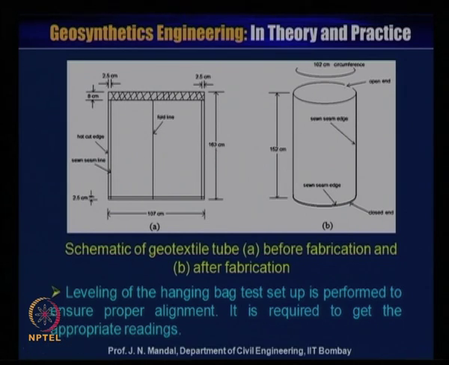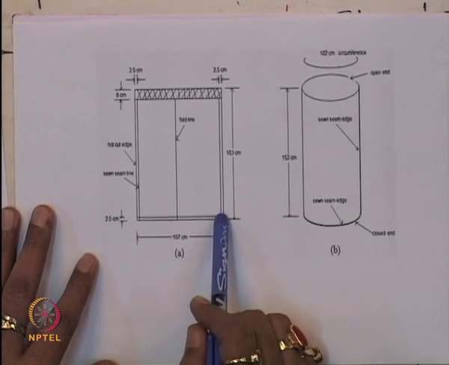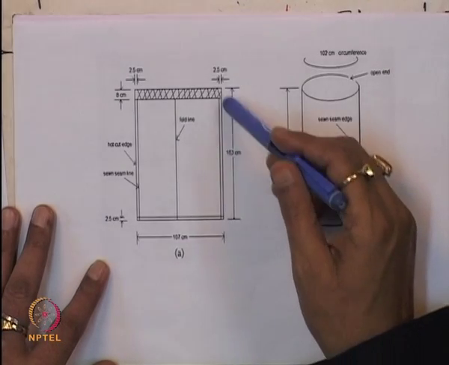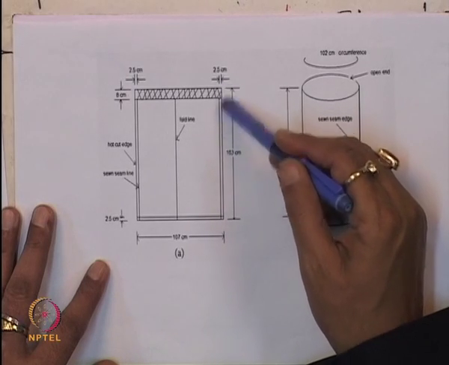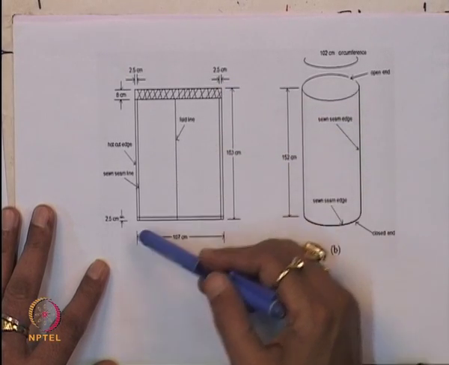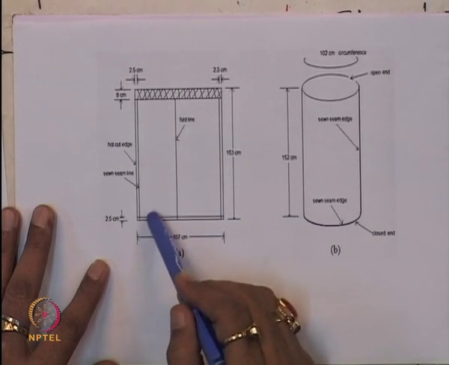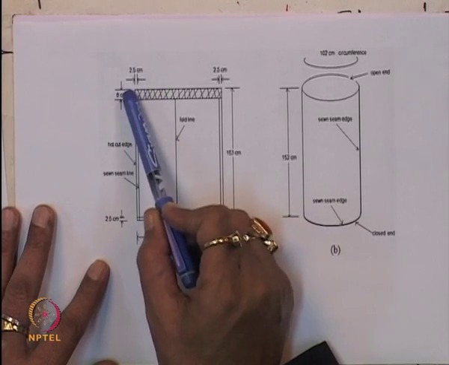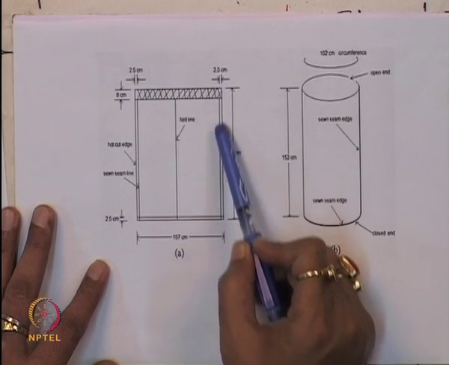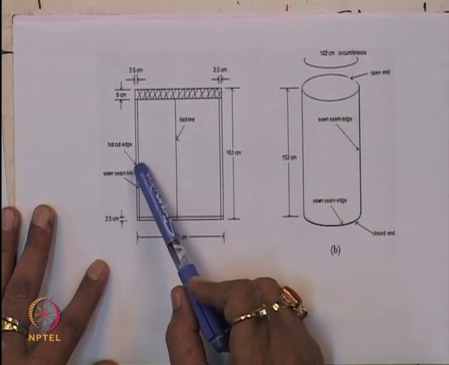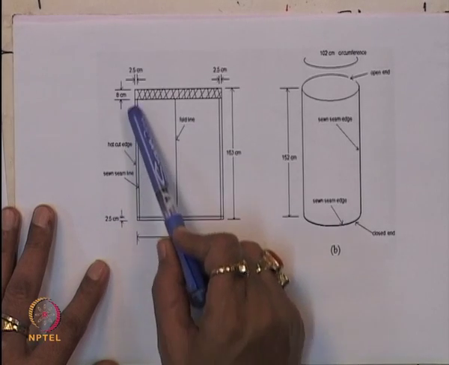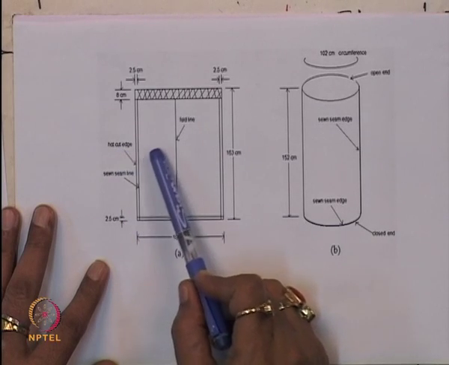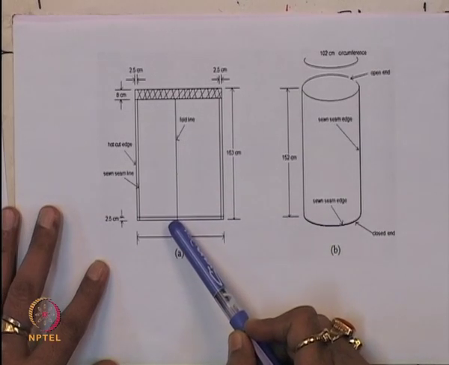I can show you here that this is the geotextile tube, and this is about 107 centimeter, and this height is about 163 centimeter, and this is 22.5 centimeter, and this part is 8 centimeter, this is 2.5 centimeter, this is 2.5 centimeter, and this is the seam, this is the seam line, this is the hot outer edge and this is the fold line here, and